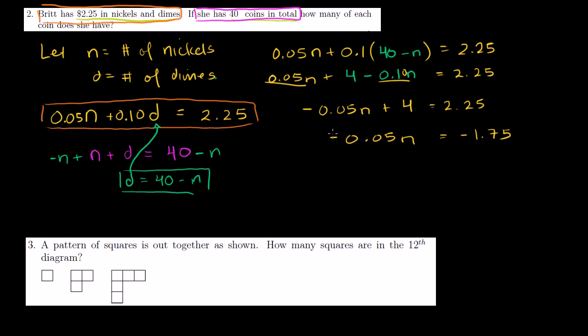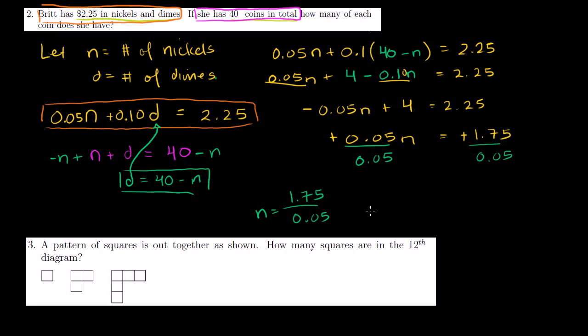So that becomes a plus and a plus. And then divide both sides by 0.05. I could have just divided both sides by -0.05 to begin with, but I like getting everything positive. So you get n is equal to 1.75 divided by